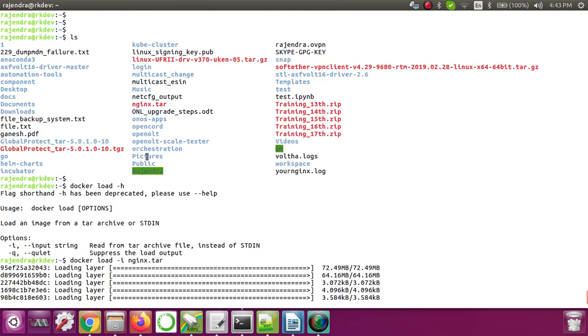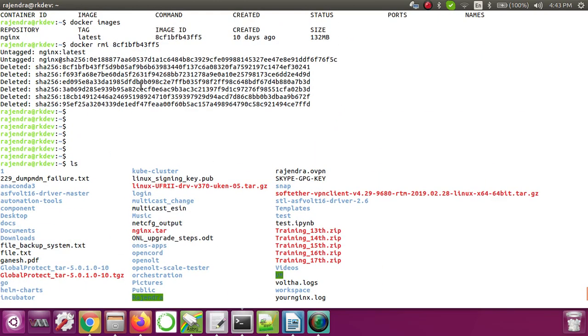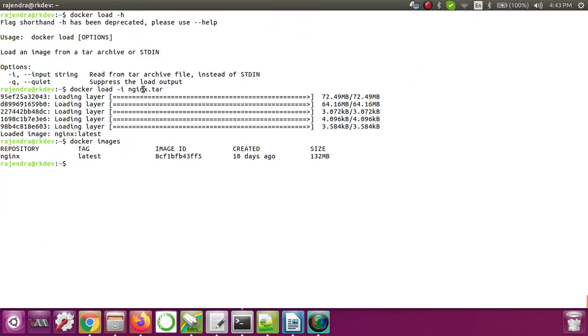Here we deleted that image, right? But now with that tar file we extracted it and loaded that image on another machine. So this is how, even without Docker Hub, we can pass the images. But it's always a headache to bundle that image, pass it to the other machine, and then start it in that machine.